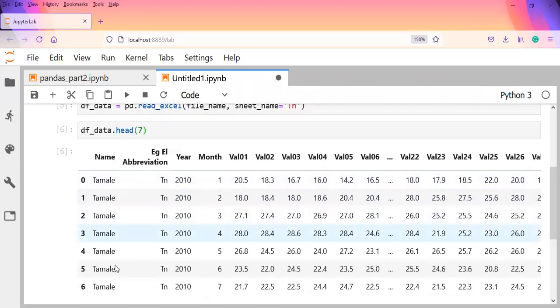So there's the station name, there's an abbreviation for the parameter of interest, the year, the month, and the daily data for each month and within each year is actually stacked horizontally. So you have val01 representing day 1, val02 representing day 2, day 3, on and on, in that same order. Okay, so what we want to do first is,